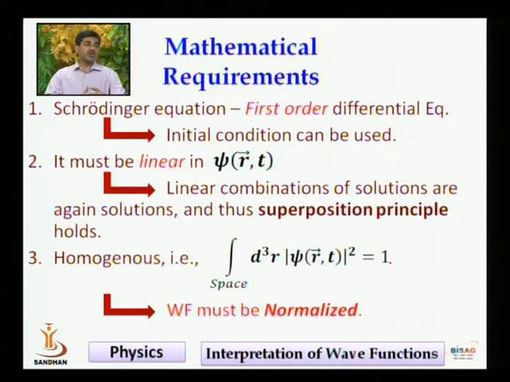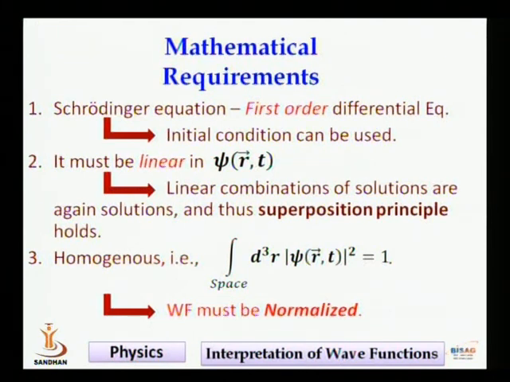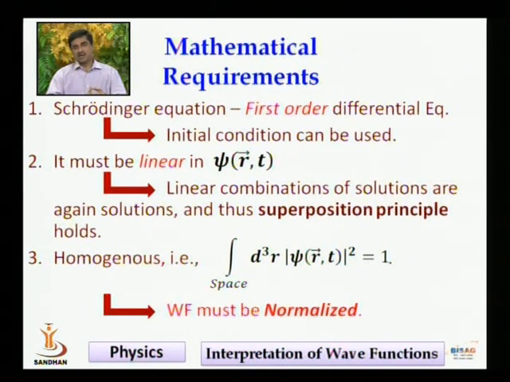Definitions are being used to describe the system. So this is another mathematical requirement, or you can say the compulsion we impose on the function psi, that it should be linear. And third, which is the most important quantity which we are looking for, is that it should be homogeneous. I will not go into the rather mathematical detail of what we mean by homogeneous wave equation